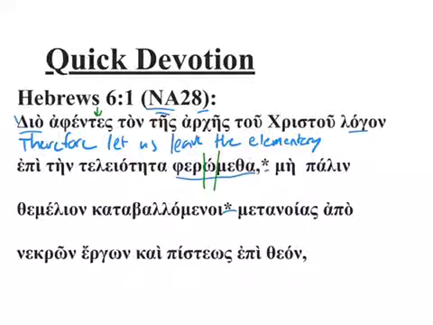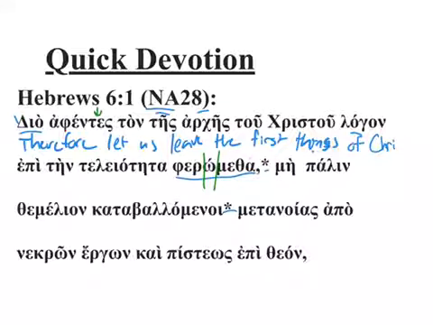Be the first things, yeah. Let us leave the first things. Yep, you do that. That's actually a good one. And so things would actually come from logos, which is like words. It could also be matter, principles. Yep, first things, first principles. And tou Christou, what's that? Of Christ.